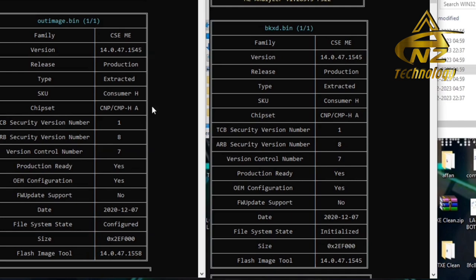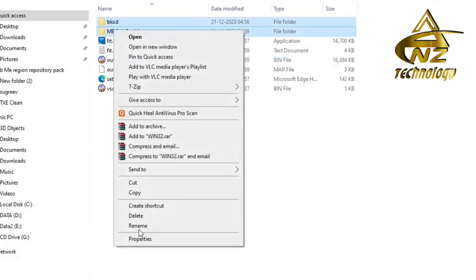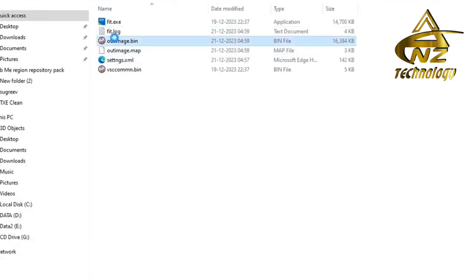Now we will see the second method. That is very easy, very easy, and I have tried it. First, we will delete this data. I will give this file the name first. And now we can delete these settings also.